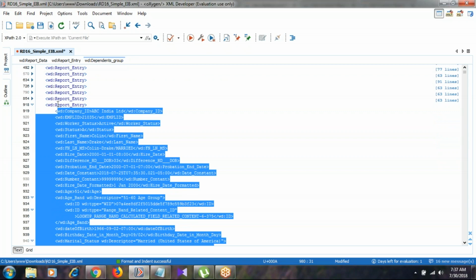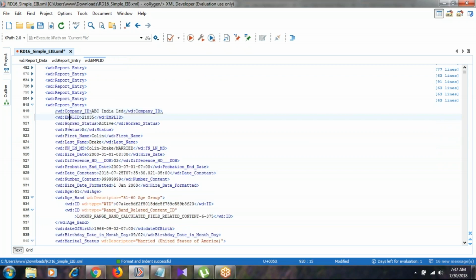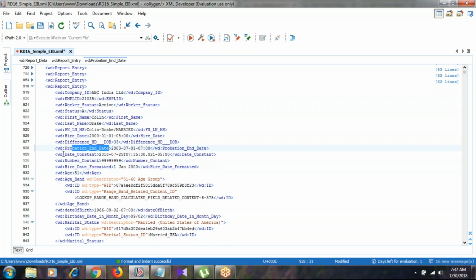All the data belongs to one company ID, employee ID, worker status, last name, first name, hire date, the difference between hire date and date of birth, probation, date constant, number constant, hire date formatted.